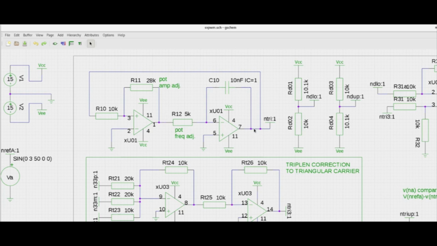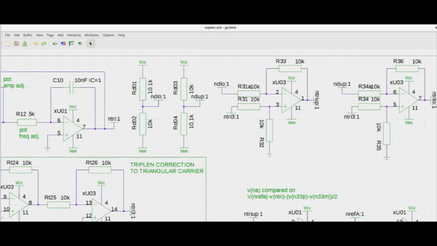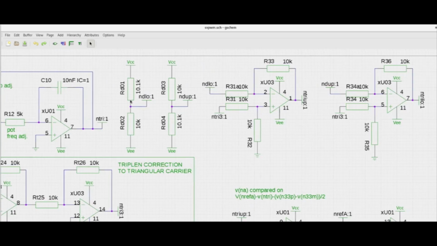So you will get here at this point a triangle waveform. You can simulate and then check that out. Then next, what I do is I am introducing this offset shift. I am using this triangle